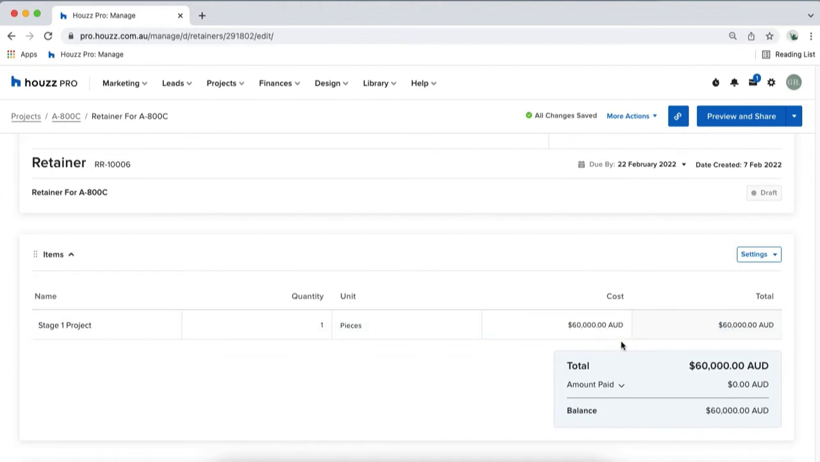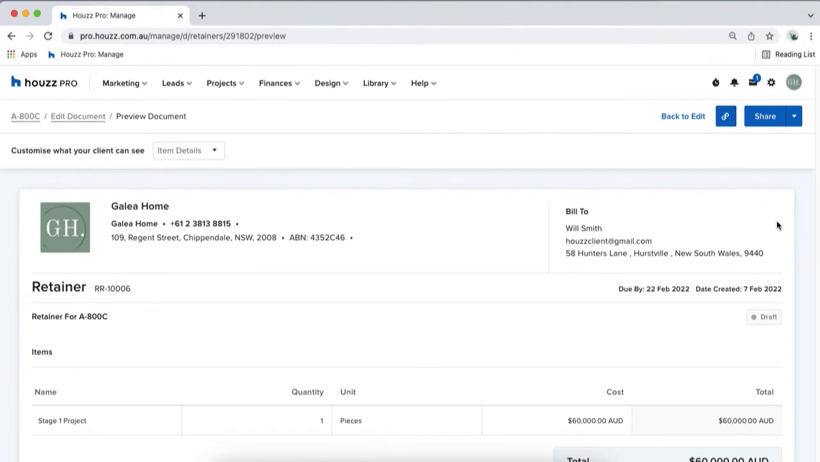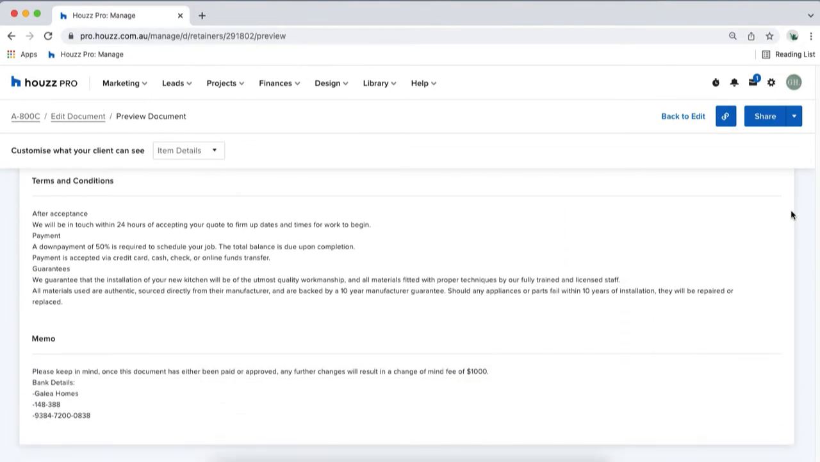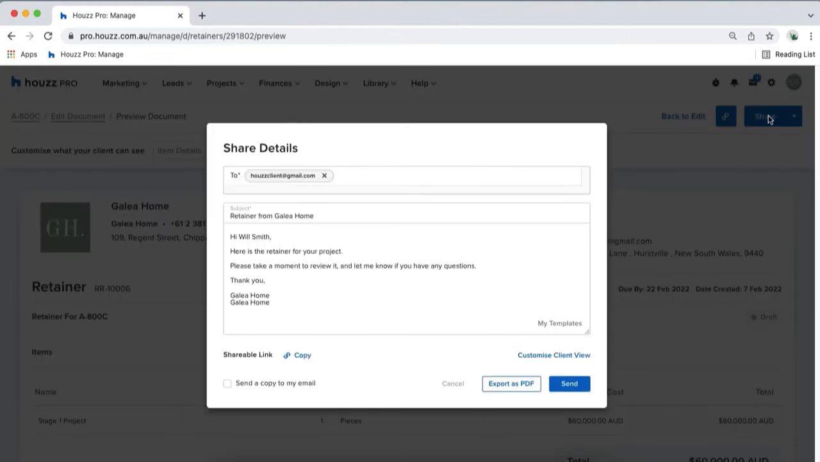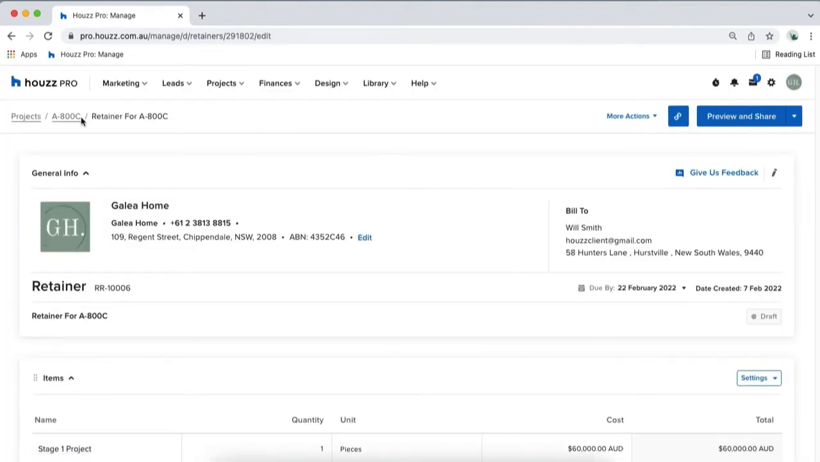Once you've gone ahead and customized that, we want to click on Preview and Share in the top right-hand corner. This is going to give us our client's view of the document before we send it off. From here, you can click on Share in the top right-hand corner and send this off to your client. What I'm going to do is go back into the edit stage of my document